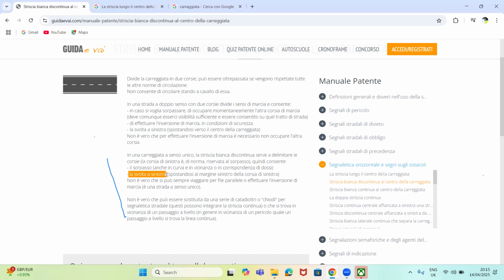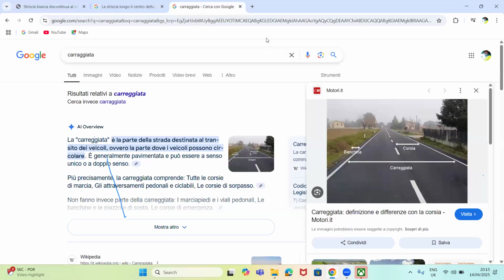I also ask a question here again. The same people, I'll call them again. Now watch. You want to turn to your left. And remember, this is senso unico. Full stop. This is not doppio senso now. This is a situation of only senso unico. Remember, the cars are going in the same direction. And there is a strada secondaria on the left here. Let's say my house is here. Cars go and come here. I want to turn to my house. How do I turn to my house?